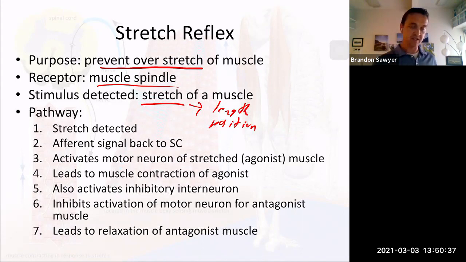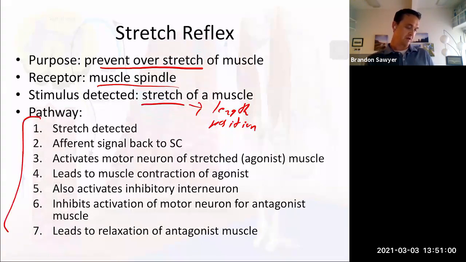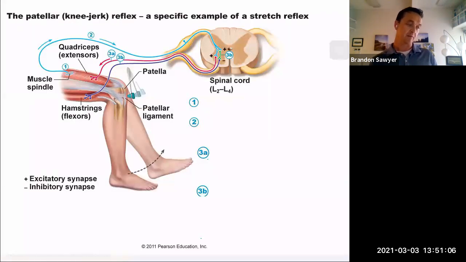Okay, so it's not just that it's getting pulled, it actually knows some sensations being sent to the brain that kind of gives the brain an idea, not just that it's being pulled, but how long it is, because it can be pulled from a shortened position, or it could be pulled really fast from a lengthened position, and the brain knows the difference between those two stimuli with this. Okay, so the pathway here is shown, and these steps are important, okay? So you definitely want to know these steps and memorize these steps,